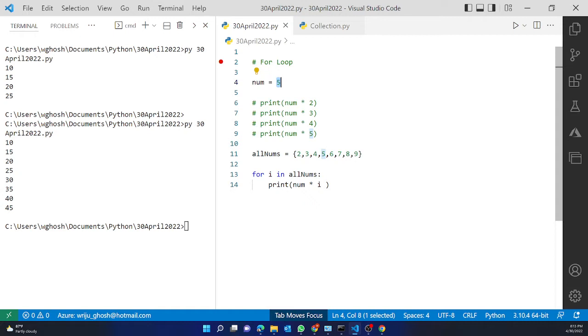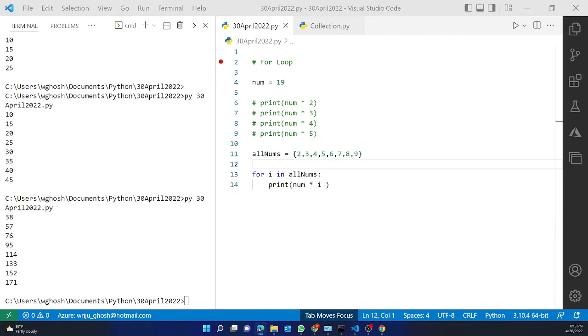But if you want to iterate through these collections, you can always do that by using a loop, because sometimes a collection can have n number of values. Let's say you have thousands of records in a list. Now how do you know what is the position of a specific record if you don't